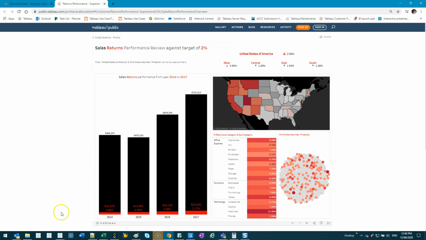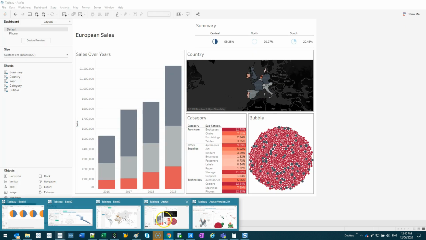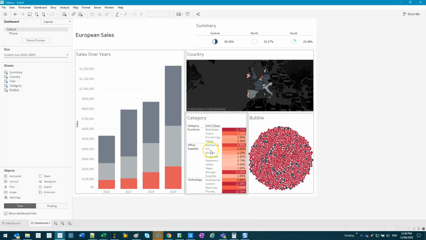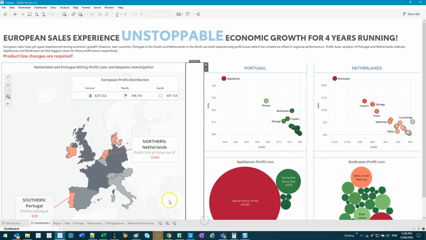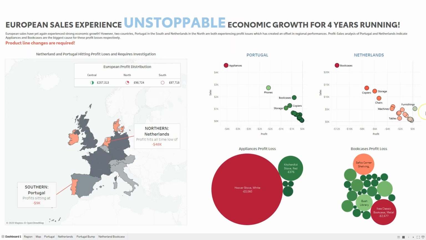So I spent probably an hour just playing around, having a bit of fun. I needed a little break from all my work anyway, so it's good to do something a bit different. I took his one and recreated it in Tableau just so I could have a look, using the Superstore data. And I started thinking, okay, this is how I would have built it a year ago. How would I do it today? So I played around with it, and I went from that to this.